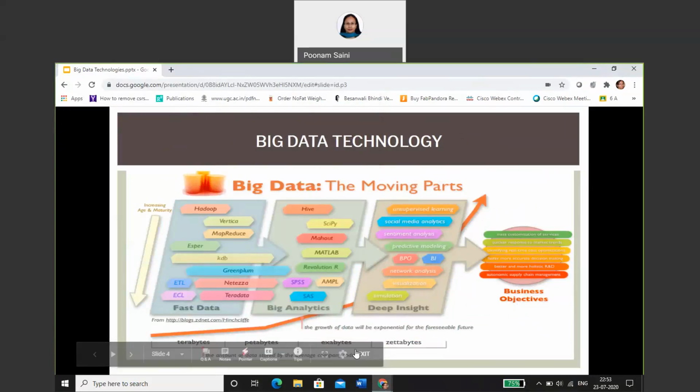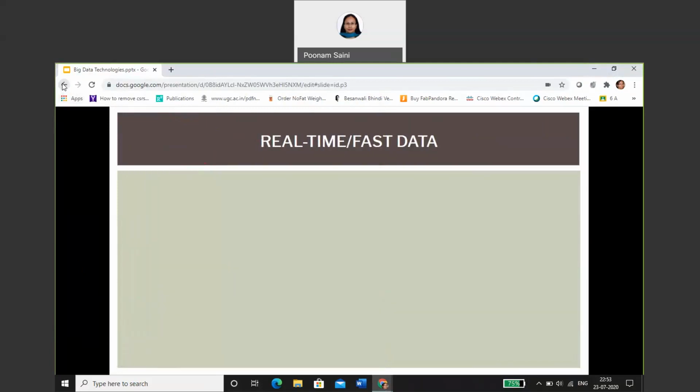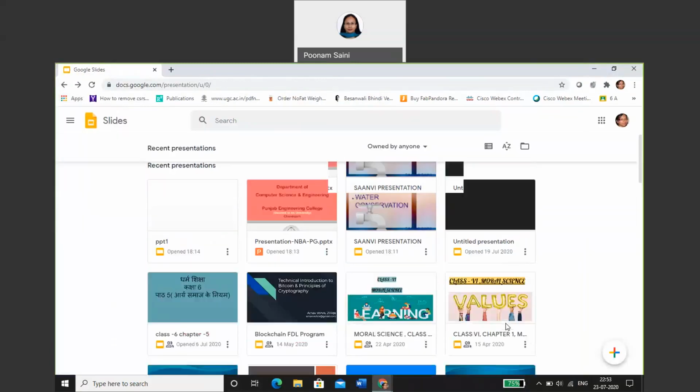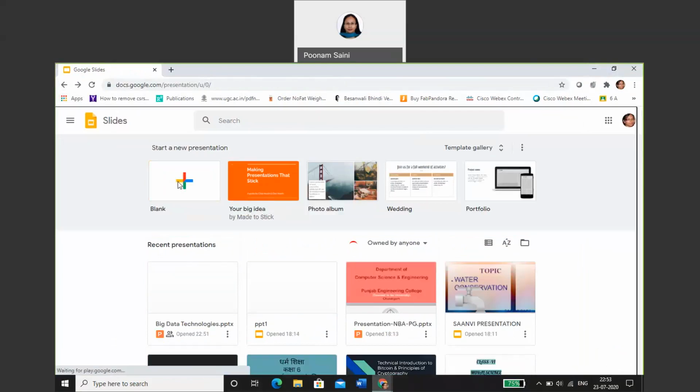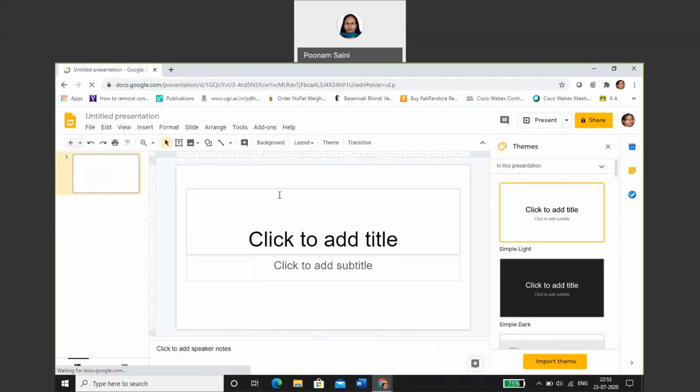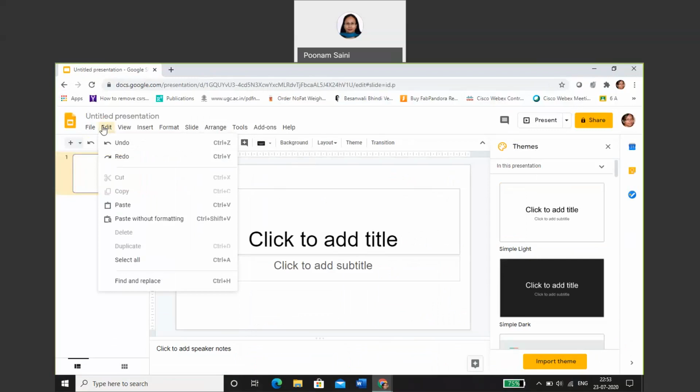Yeah, and then there are some more features using Google Slides. So this is how we can make use of Google Slides, and you are always able to create a new presentation as well. You can design a new presentation here, sharing different themes, and again using different tools for this.